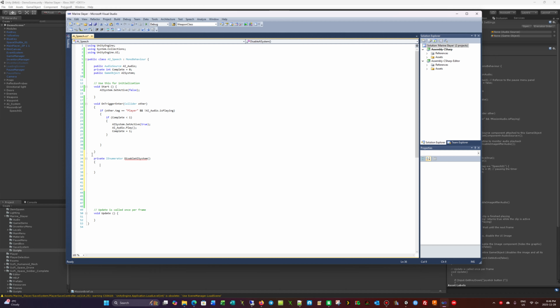So what it's going to do is basically check what's happening. It's going to check the audio while it's playing, so we're going to put a while loop. We're going to look for the AI audio. So while AI audio is playing,